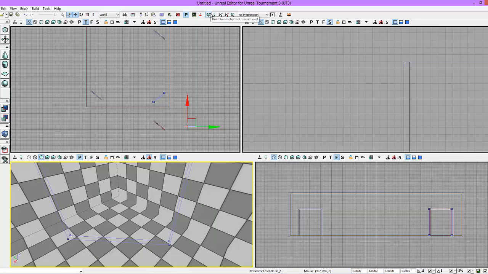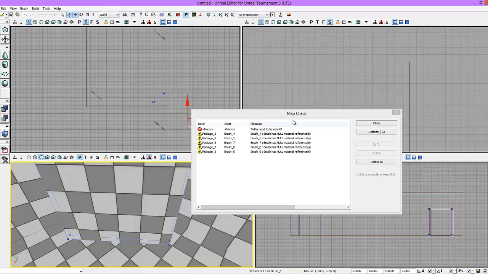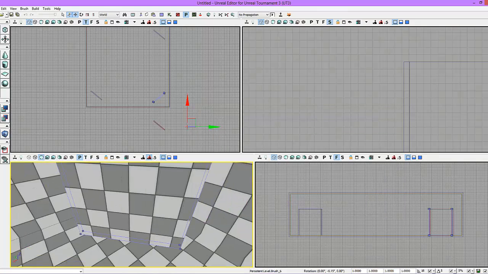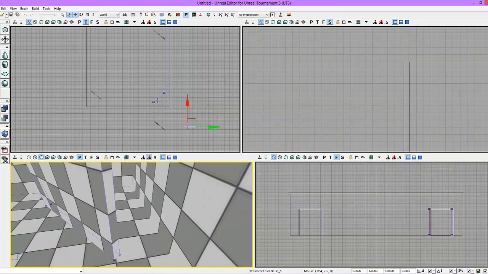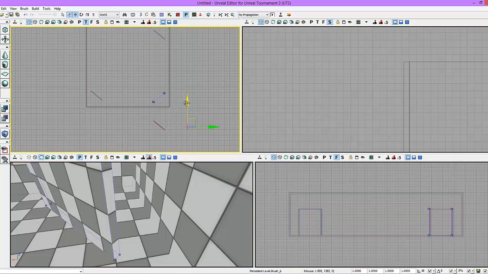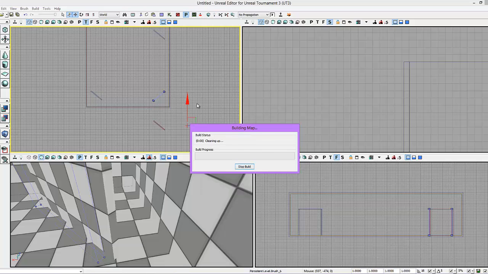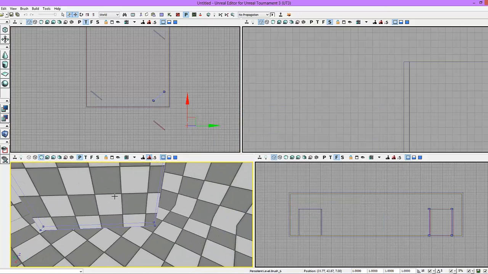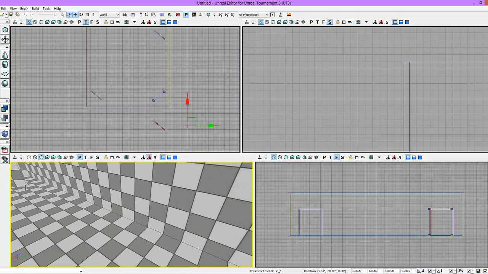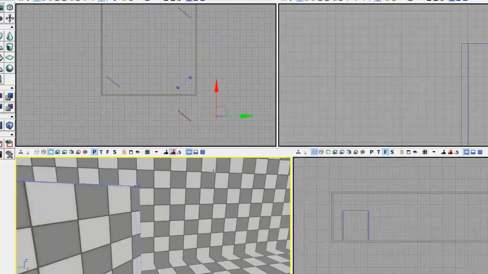Let's update our level. Soon done, guys, soon done. Let's move it a little. Update again, hit build geometry, the geometry. Like that. Let's see if we have